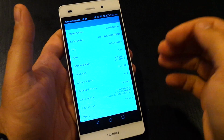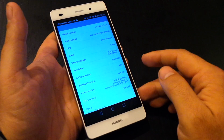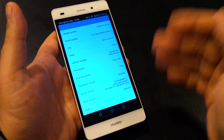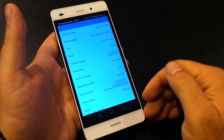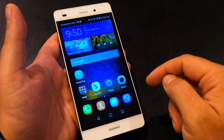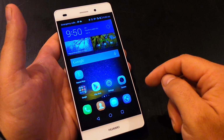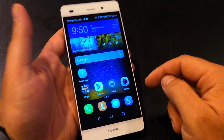So really wish that they would have launched this with Lollipop. Hopefully we'll get word and hear about an update schedule. But the other thing about this, and some people may love this, some people may hate this, some budget phones now we're seeing with stock Android. This does not have stock Android. This has Huawei's custom Emotion UI 3.0, which has a few features that I do